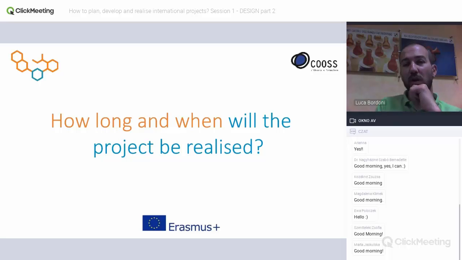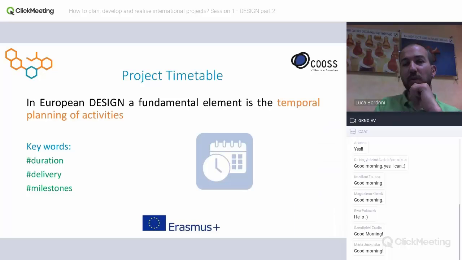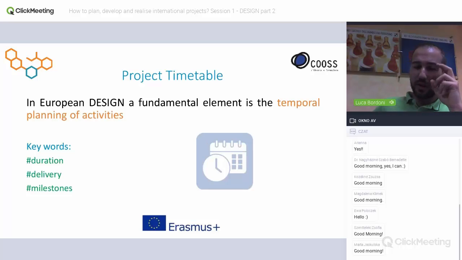And how long and when will the project be realized? Another important issue to comprehend. European design is a fundamental key question. The planning of activity, the timeline. A good project timetable for the distribution of the activity within the project, with a particular attention to deliver dates, in order to avoid incurring deviation from the schedule, because it's important to